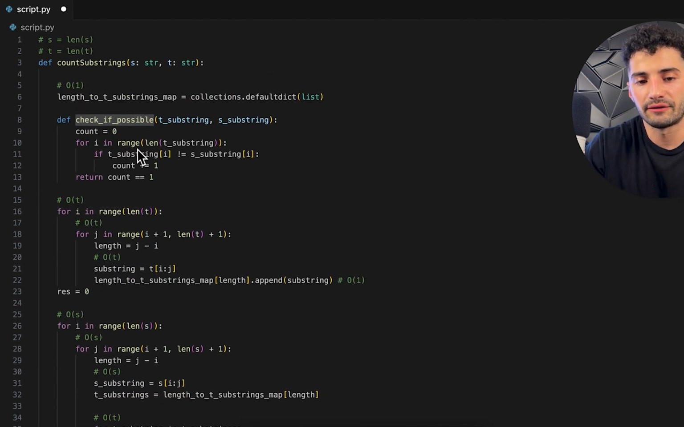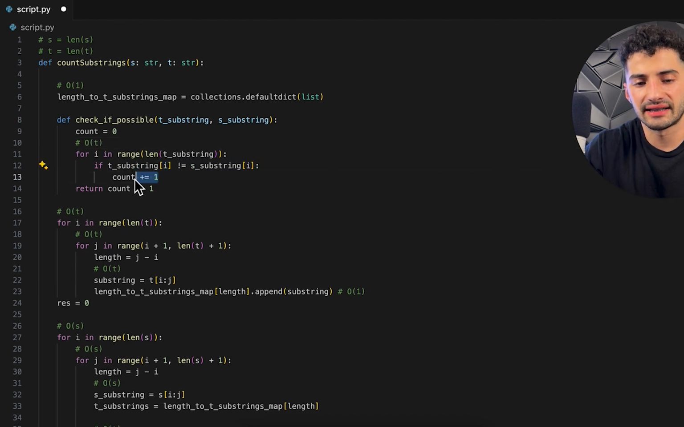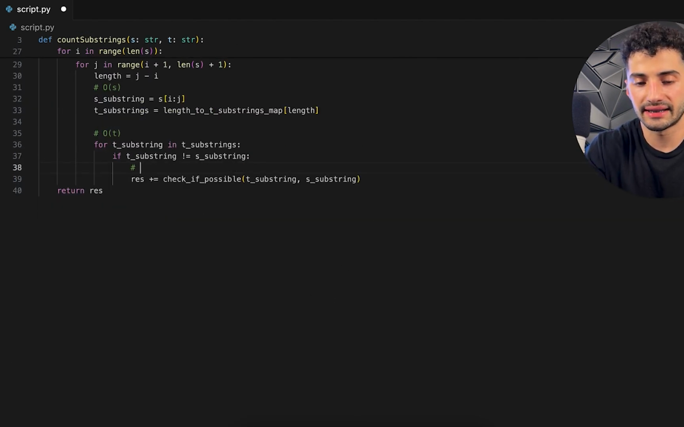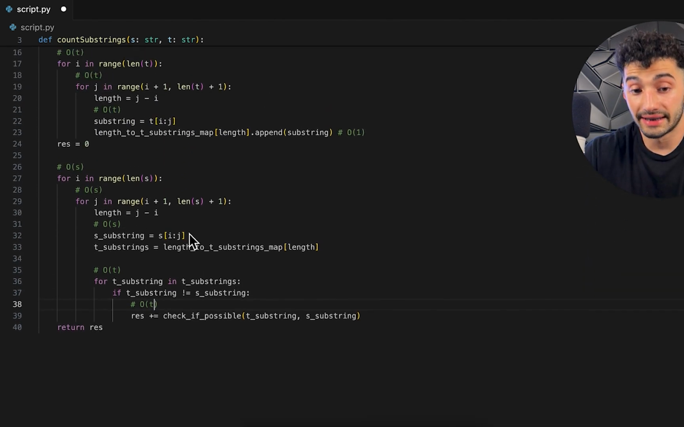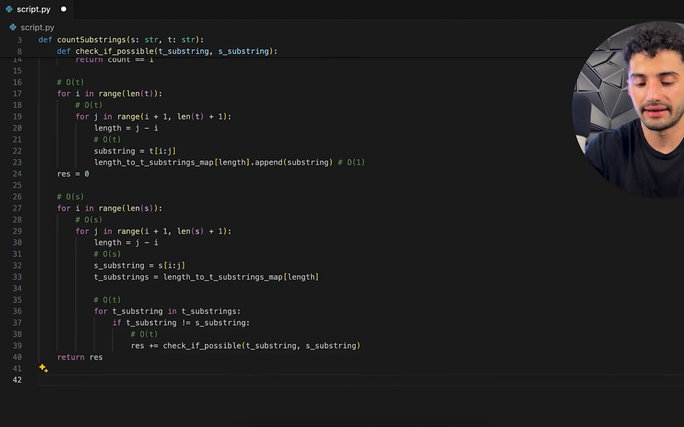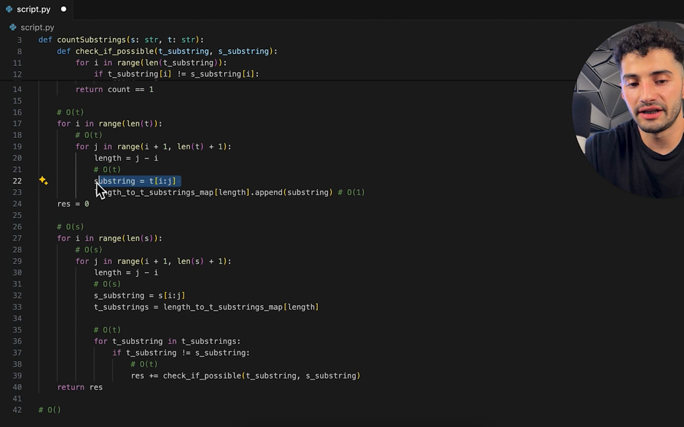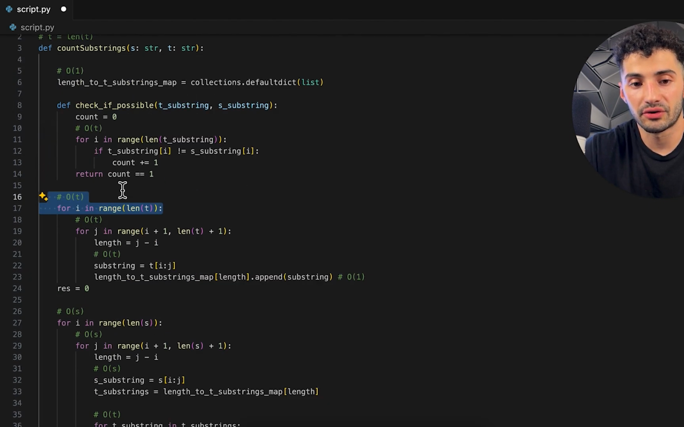So if we look at this function definition, the T substring, we can see that we iterate through the length of T. So we can say this is big O of T. And then this is constant, this is constant. Okay, so we can say that this is big O of T. Okay, so now we can combine the time complexities. The O of T operation happens T times, which also happens T times,